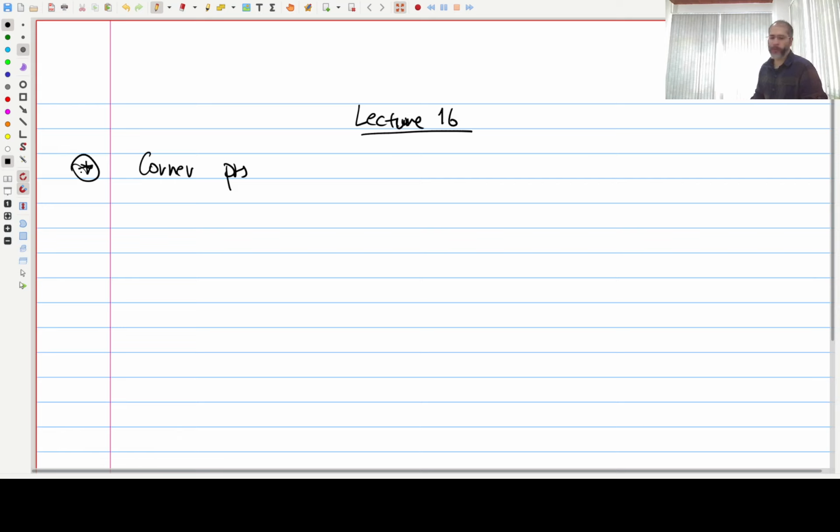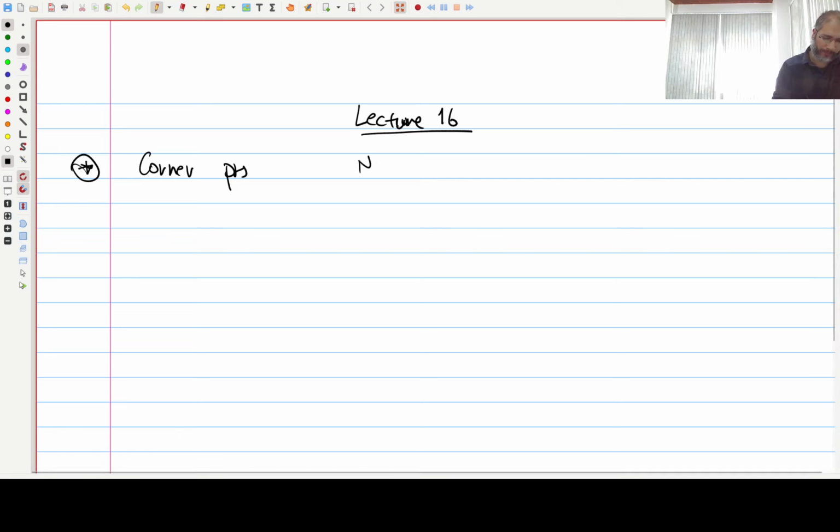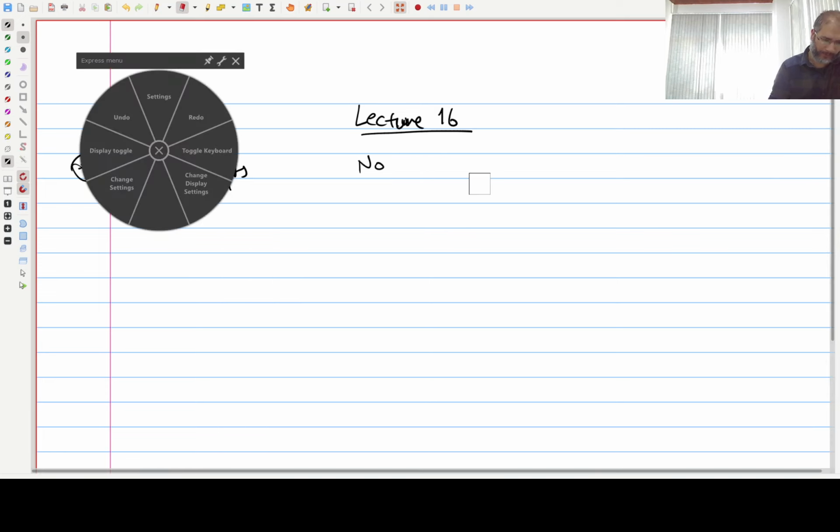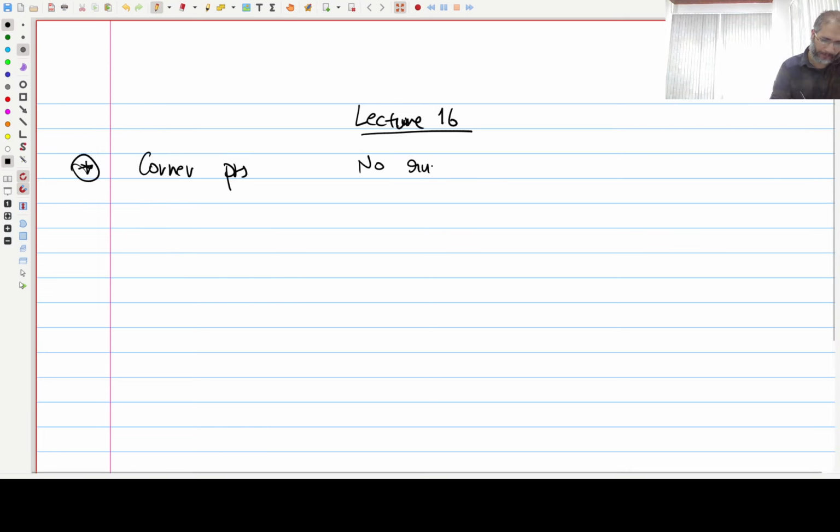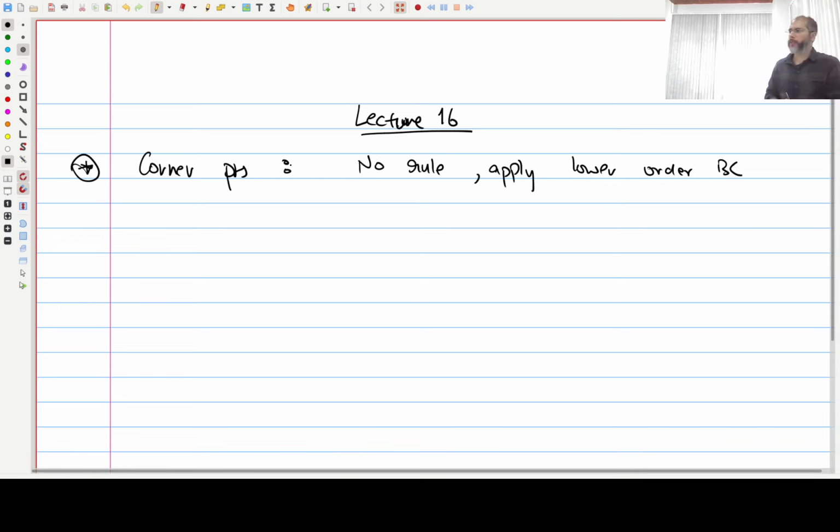Okay, so there is no thumb rule, just no rule. All I can say is you apply the lower order boundary condition. Okay, the next